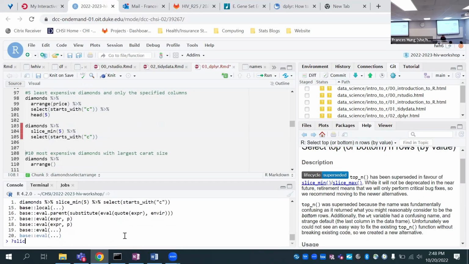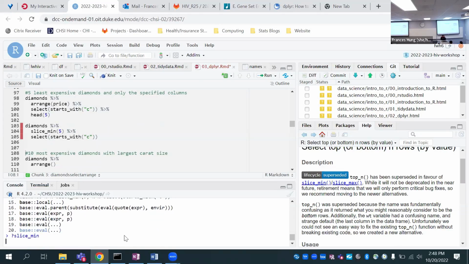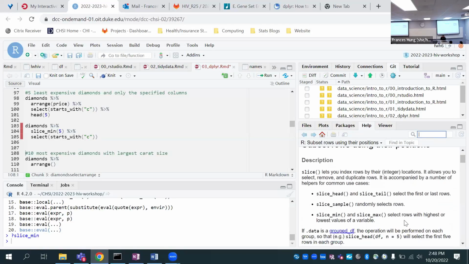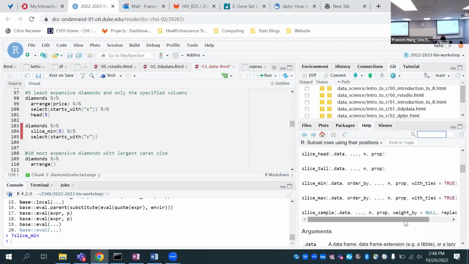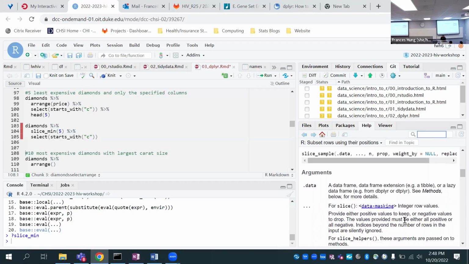Okay, I should look at the documentation. Slice means you should order by something. So I need to tell it to order by price.